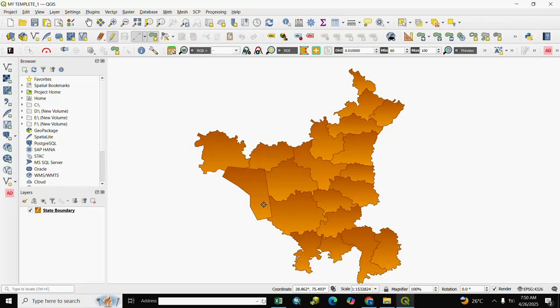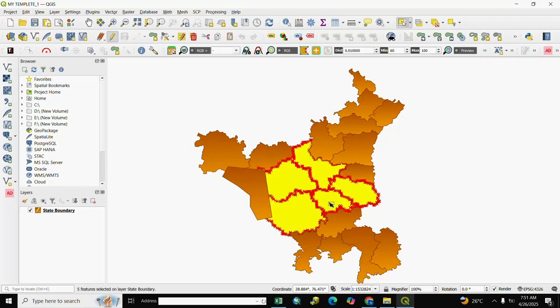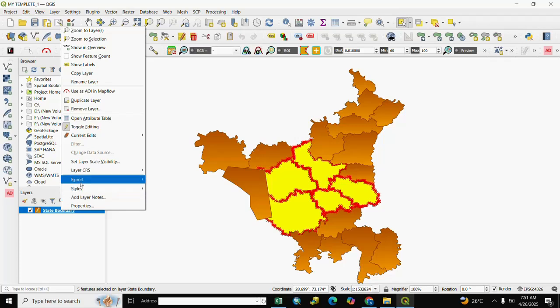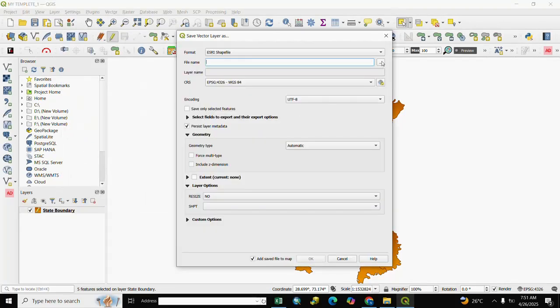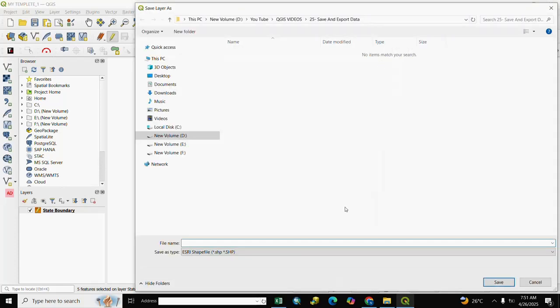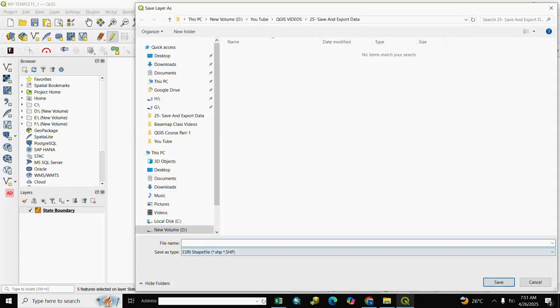If you want to export a layer, you go to selection and select as per your choice. We select 5 features, and after selection we right click, go to Export and Save Features As. Here we select the file name, meaning the path, and write the name, selected feature,